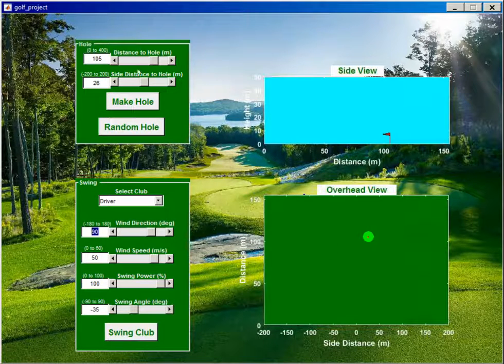Okay, so this is my golf GUI. I set a picture of a golf course as the background. Thought it was pretty good. Makes it look a lot better. Also set some